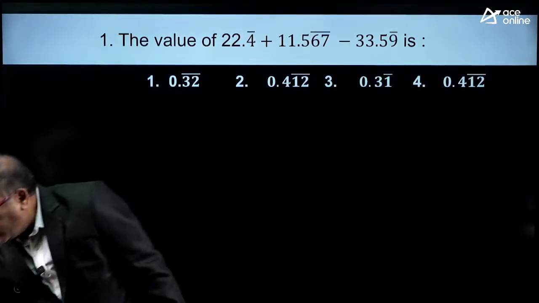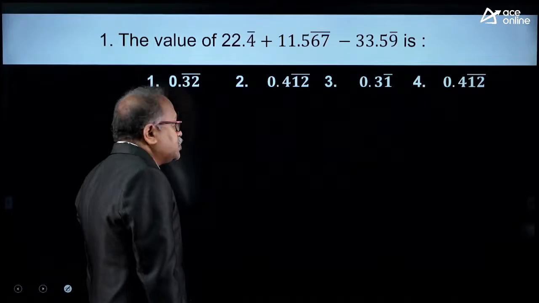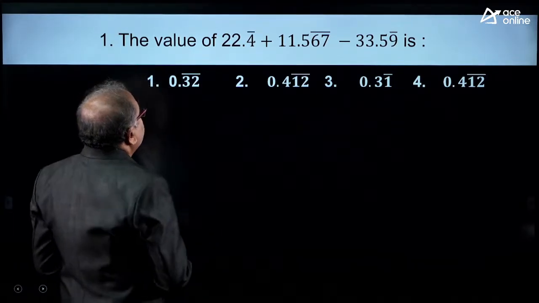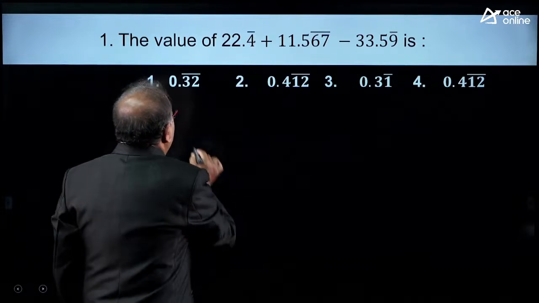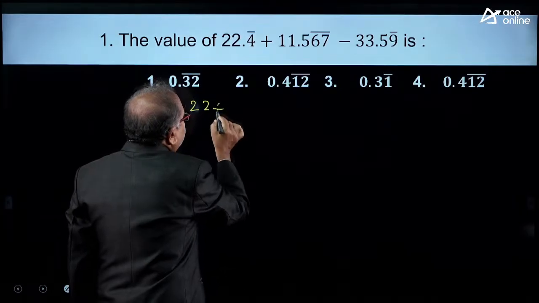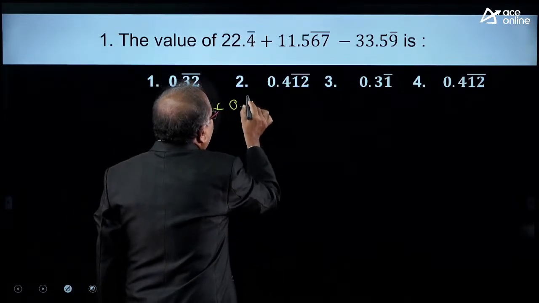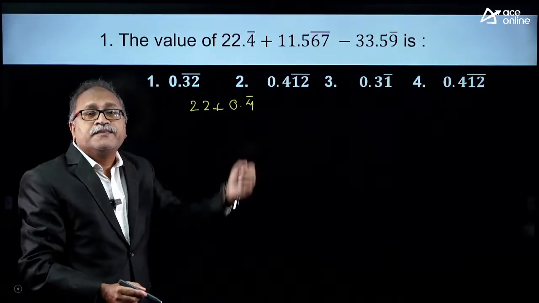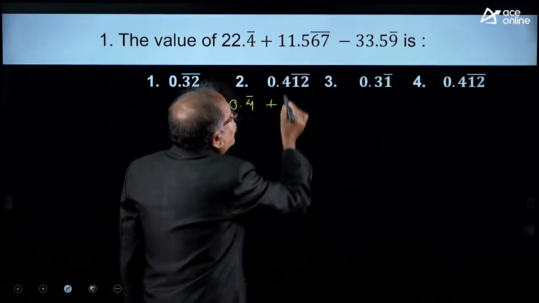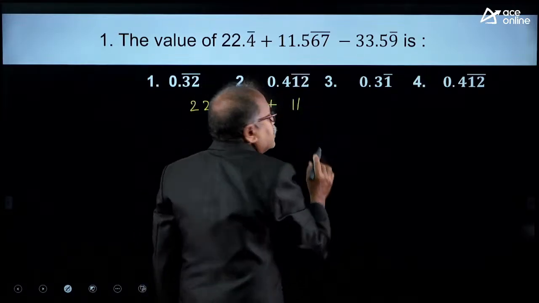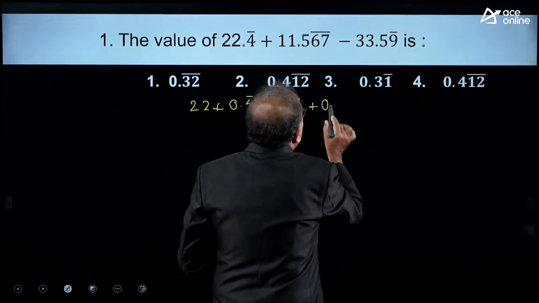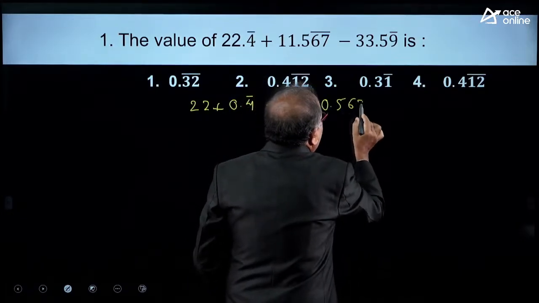So okay, I will solve it to a certain extent, and I will leave the rest for you to conclude. Let's begin here. How do I write this one? Can I write this as 22 plus 0.4 bar? I am just breaking this number. Now after that plus is there, and I will break this number as 11. So the integers I am separating, plus I can write it as 0.5 and bar is there on 6